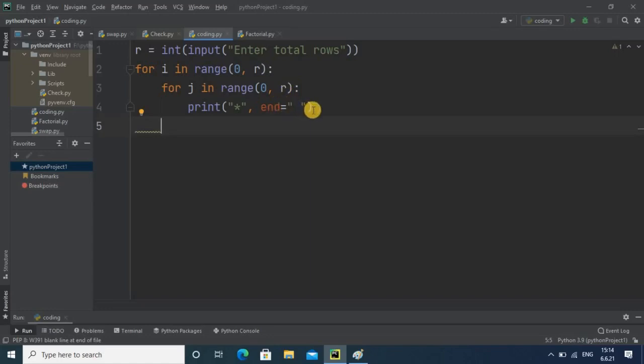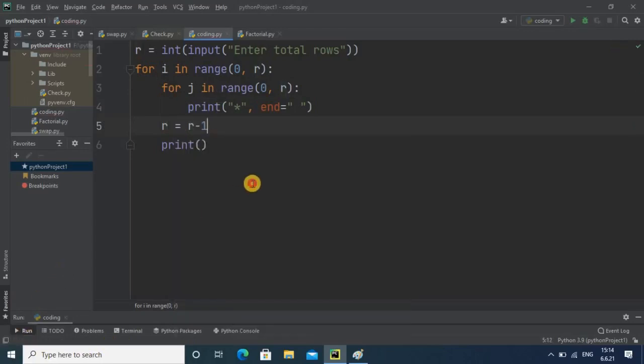Then we will shift into a new line. For shifting into a new line we will just write a print statement, and at the same time this row value should be decreased, meaning r equal to r minus 1.